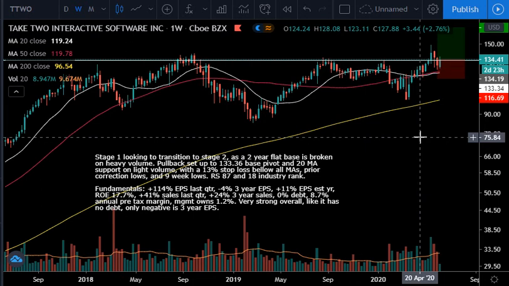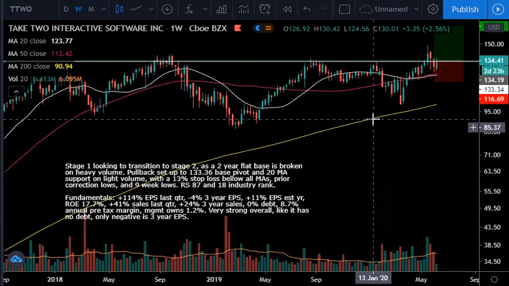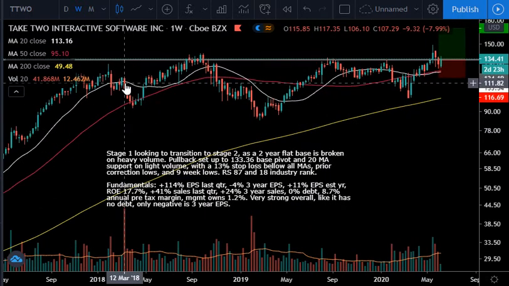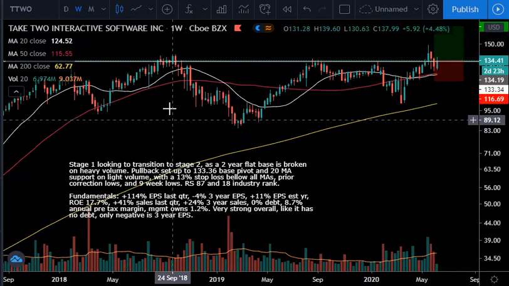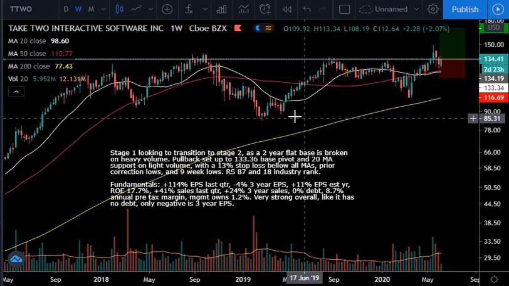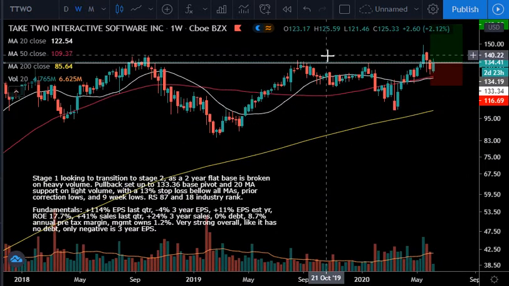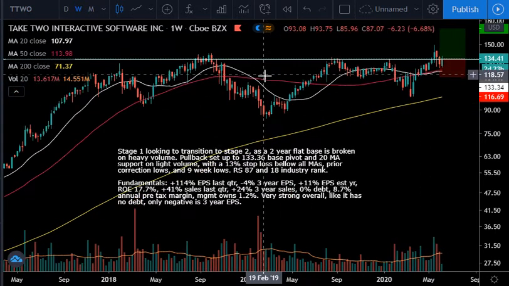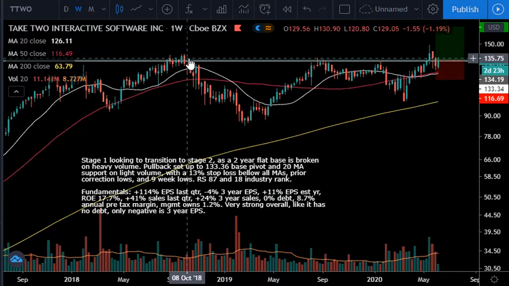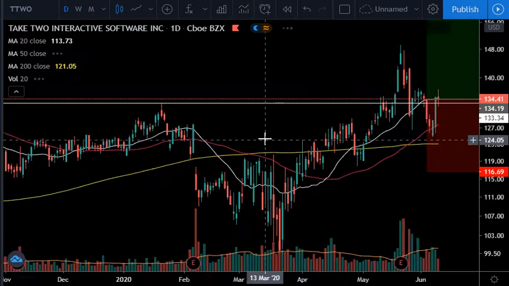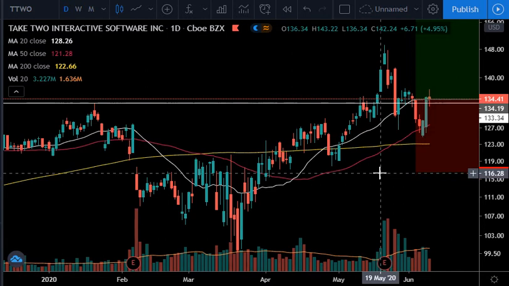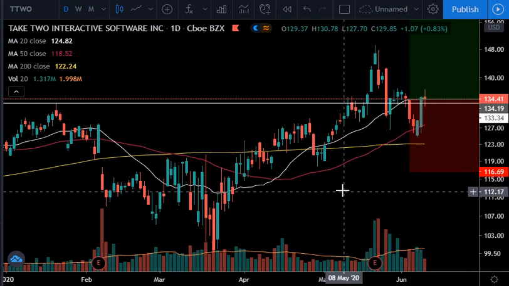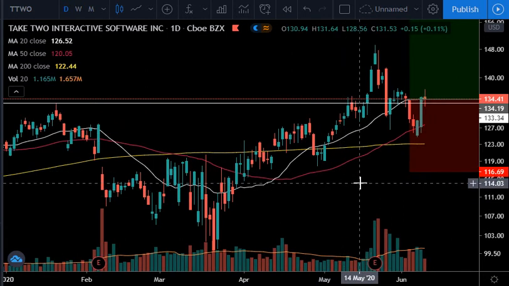But looking at the weekly chart, zooming out a little bit, we've seen this has basically gone nowhere for 2 years, which is fine, which could be categorized as a stage 1 base, a stage 1 flat base, with the 134 level being of interest. So Take-Two broke out around May 18th before earnings on very good volume, very good accumulation volume, which is suggesting